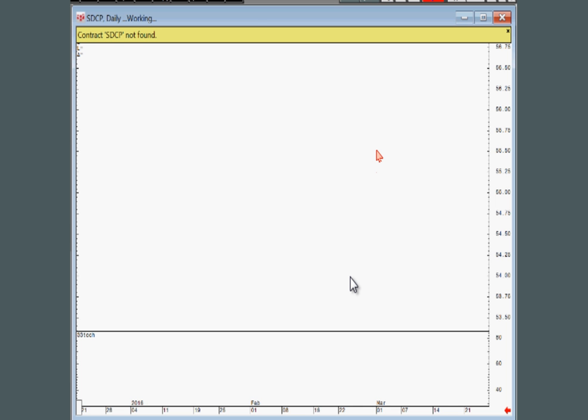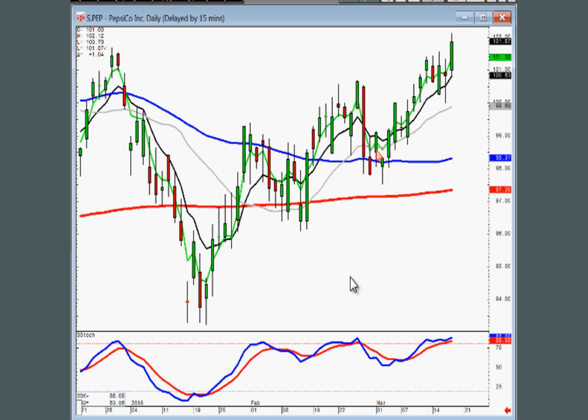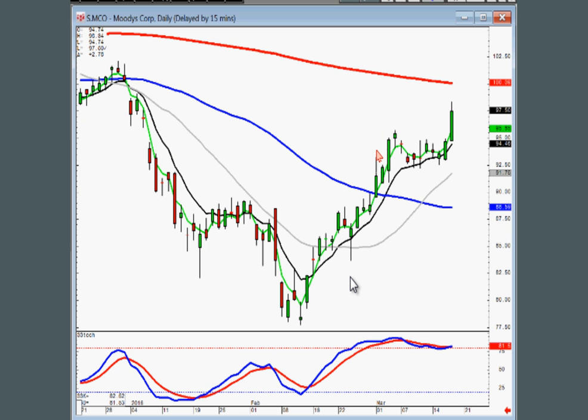SDCP didn't come up. Pepsi, another one that's not very exciting, but it's in an uptrend. Moody's, this one's got the J-hook pattern. Just watch to see what it does once it gets to the 200. And PayPal,